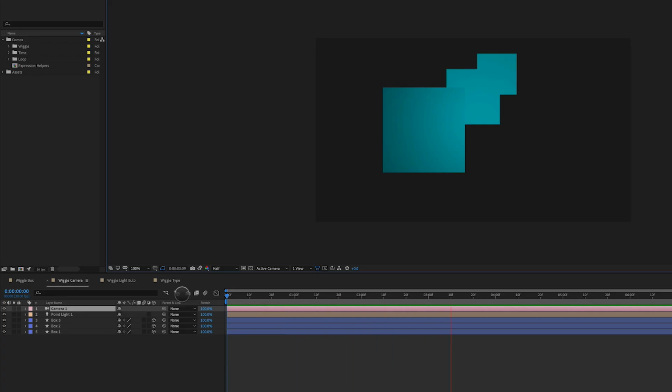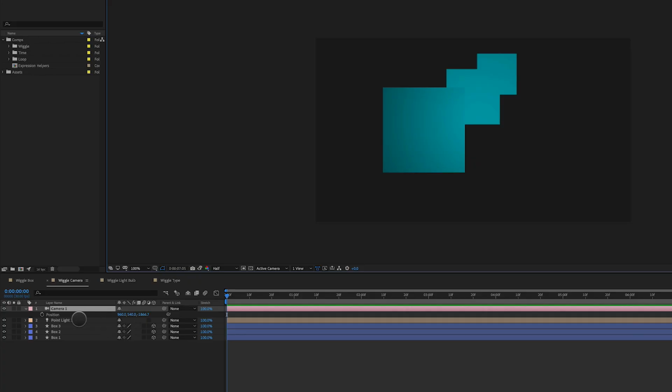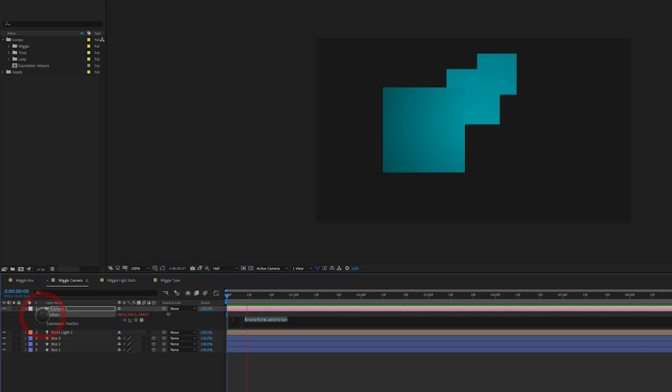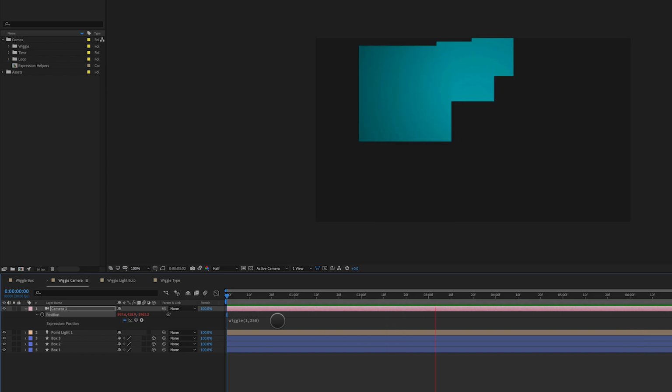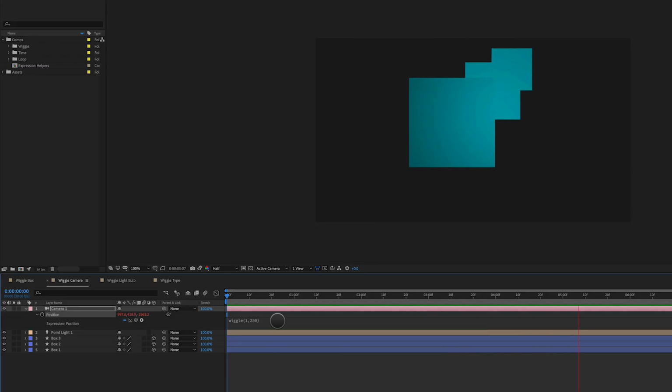The camera's not moving. But what if we wanted to give the camera a wiggle expression? Can we do that? Yes, we can. So I'm going to Option click. I'm going to hit wiggle. And I'm going to try something like wiggle 1 time per second at a rate of 250 pixels. And let's see what that looks like. So it totally changes the look of this. There's no keyframes added, but I've got a wiggle expression on my camera now,